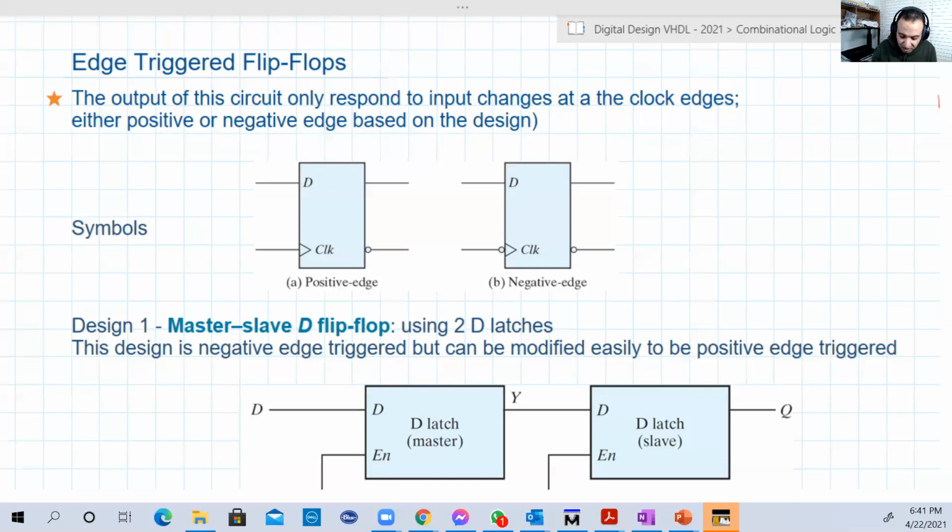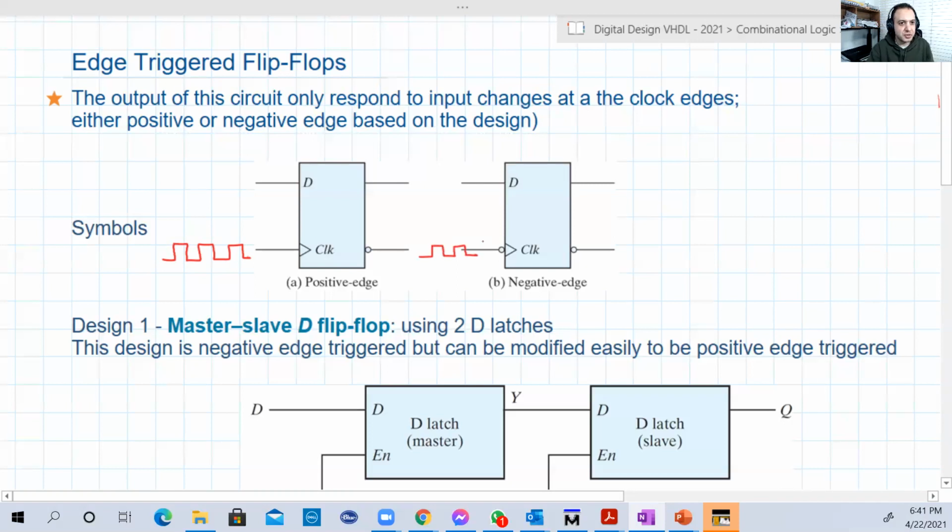I mean, there is a clock like this. Here is an extra input, and this extra input has a signal like this. How we generate this is not your problem; this is not our course. We're going to assume all the time that we have this and it's available. So the latching will happen at the positive or negative edge of